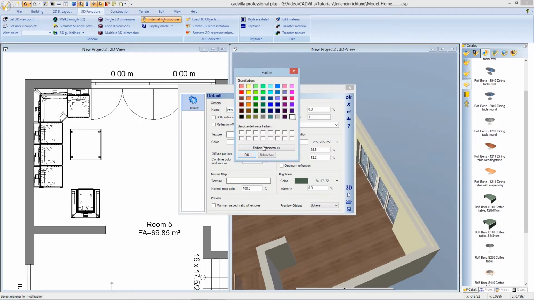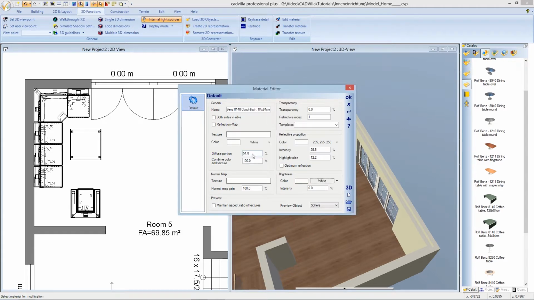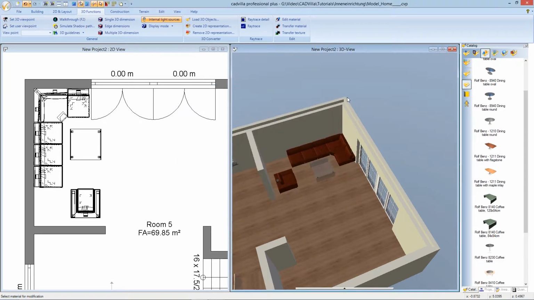We press OK. And for the transparency, we enter 60%. After it, we can press OK. The table looks now like a glass table,